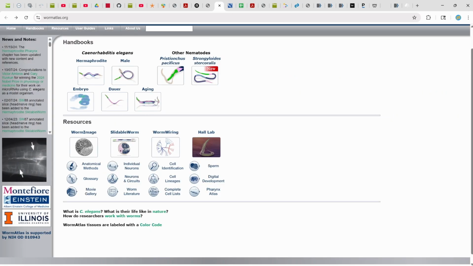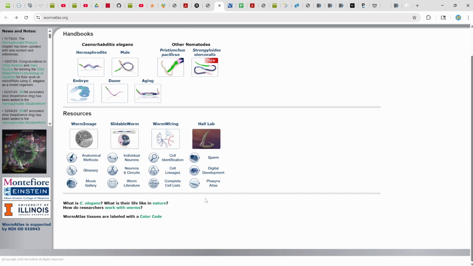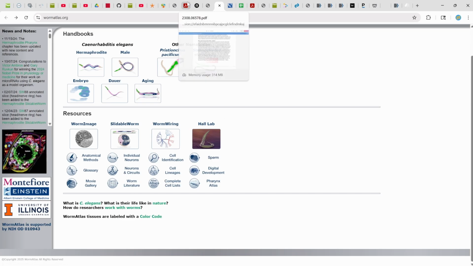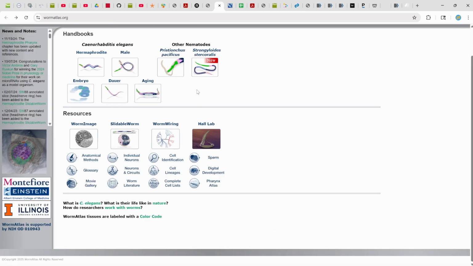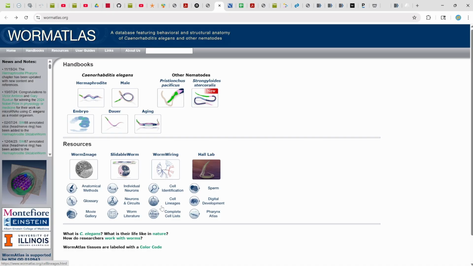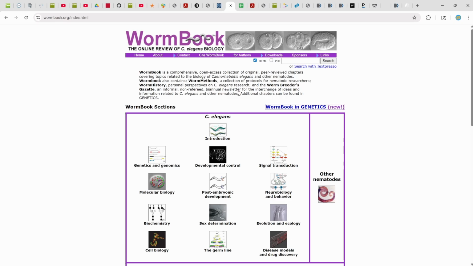But there were also other databases. We saw the genetic one before, but there's WormAtlas, which has a lot of the great data. And in fact, this diagram here, where you can see every neuron in this graph and connect it to the body, well, that is from WormAtlas. But it has a lot of other stuff, single neuron data, things about different cells and cell lineages, and just about any sort of, it's like the encyclopedia or atlas of worms. There's also WormBook,